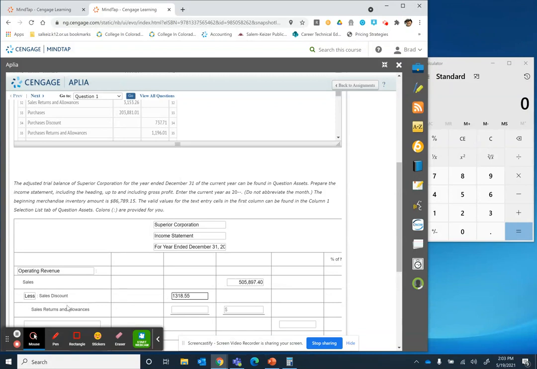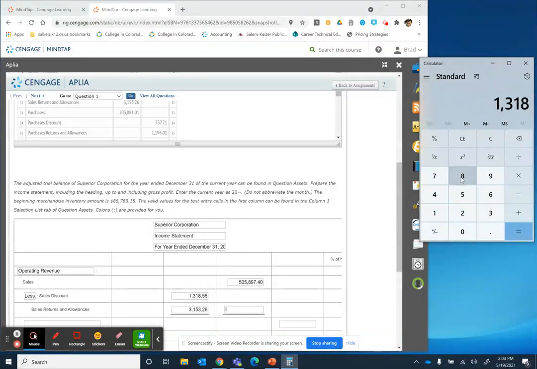And then our sales returns and allowances is going to be $3,153.26. We're going to need to add those two together. So 1,318.55 plus $3,153.26 gives us